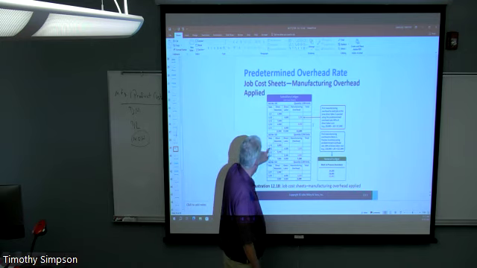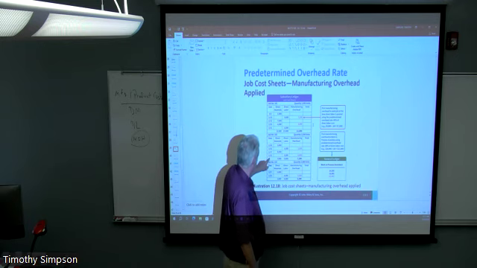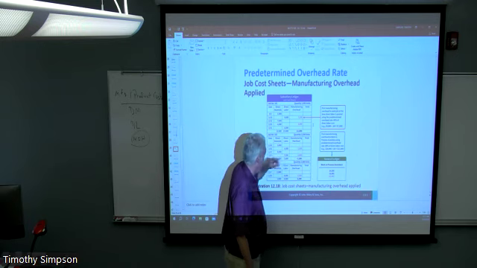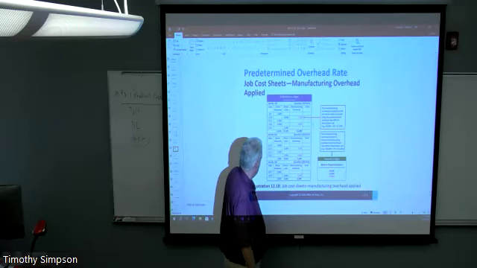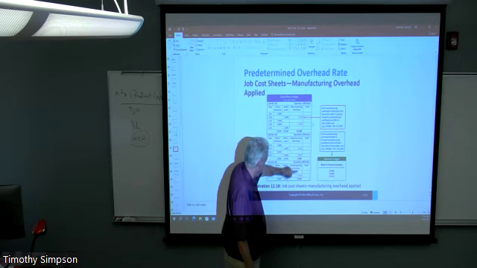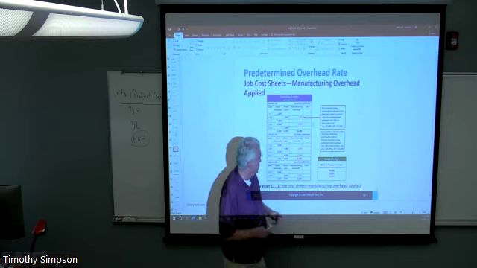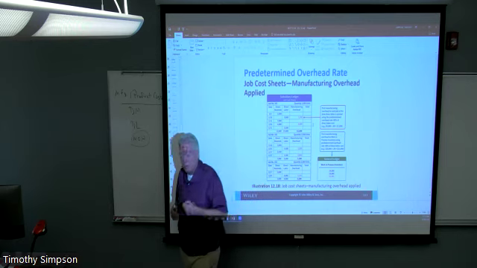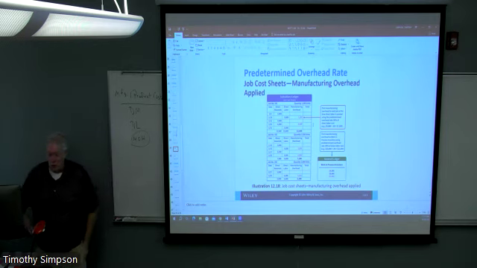On job 102, 4,000 was incurred, 80% is 3,200. On January 22nd, 5,000, and 80% of that is 4,000, so that's 7,200. And then one final entry is on job 103, and we get 3,200. So 12,000 plus 7,200 plus 3,200 is $22,400 that goes into work in process, but more importantly, goes into the subsidiary accounts for those particular jobs until those jobs are done.